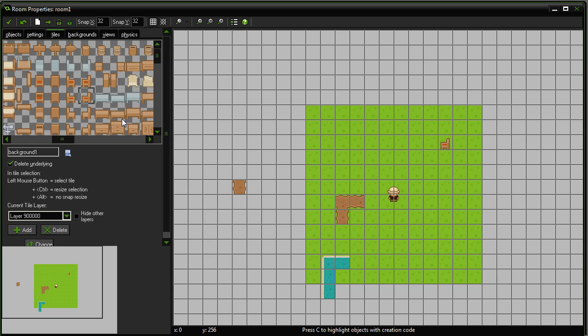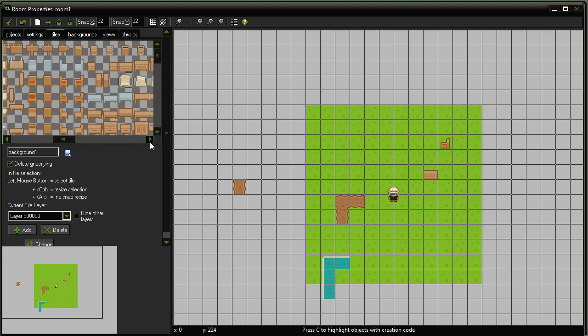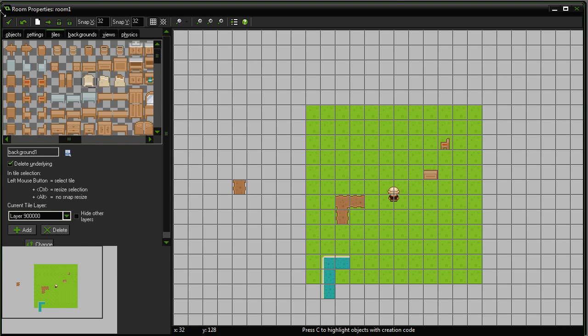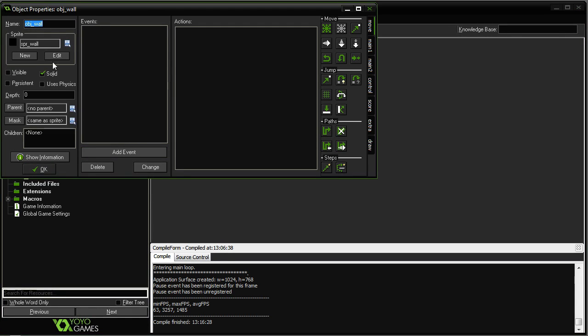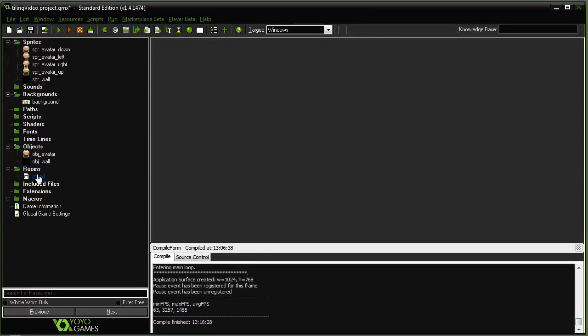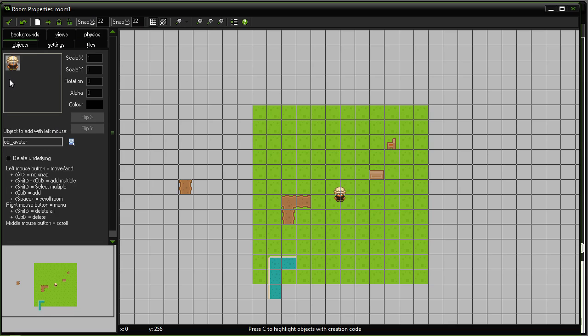They also have these things like objects in here as well. So you got dressers and chairs and I don't know what that is. But if I was to run my game, this would just act like any other piece of background, which means I can run over it. Well, if you remember from before, I have an object here. And this object, this object wall, is set to be invisible. So if I go to my room and go to objects and select my wall and put it over top